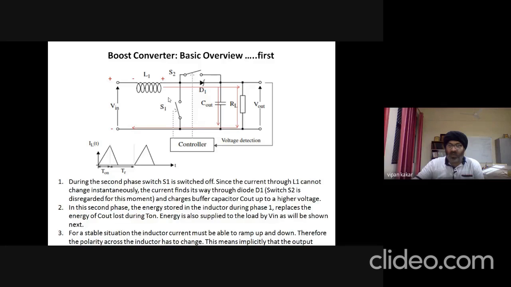to a higher voltage over here, because we know that we have used a higher value of capacitance for this C out from our previous slide. So now this charge is stored in this C out at a higher value. So now in this, the energy stored in inductor